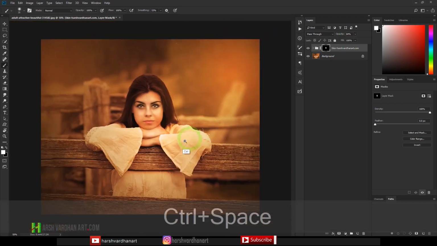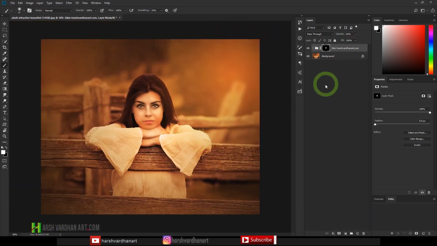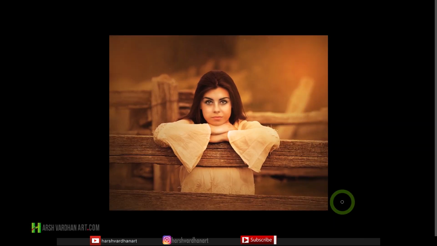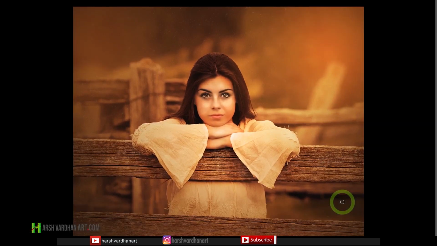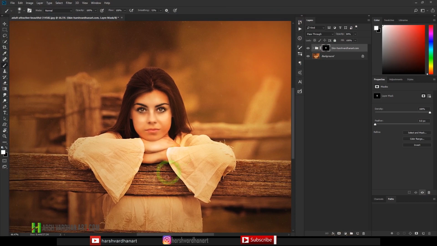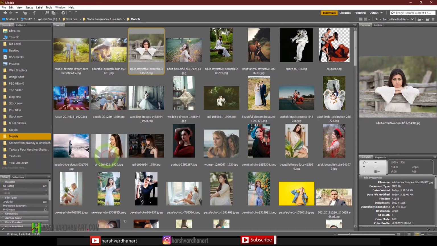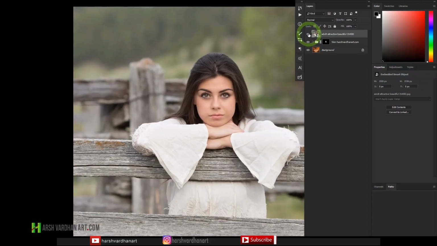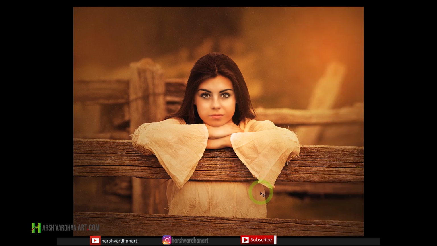All right, so now this is our final look. This is our final look which we have created, and let me show you the before image. This is our before image and this is after. So this is how you can edit like Lisa Holloway in Photoshop using my Photoshop action red earth portrait or